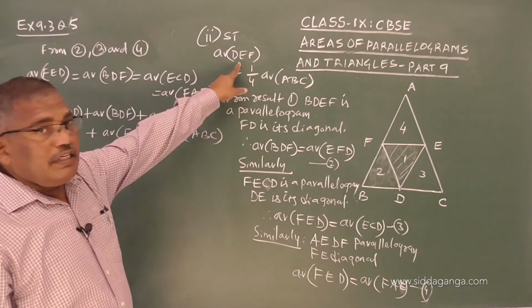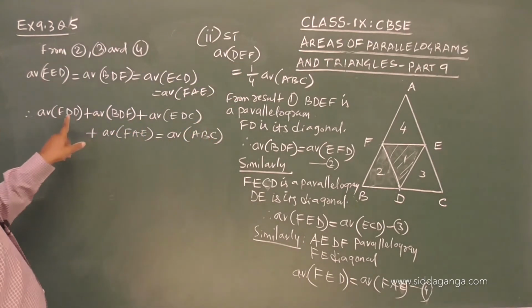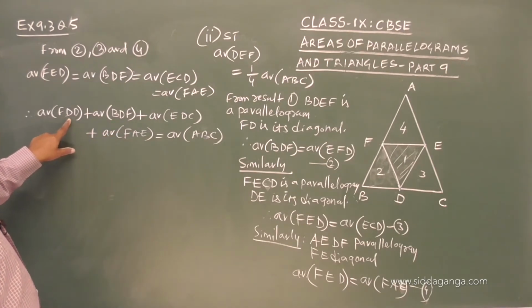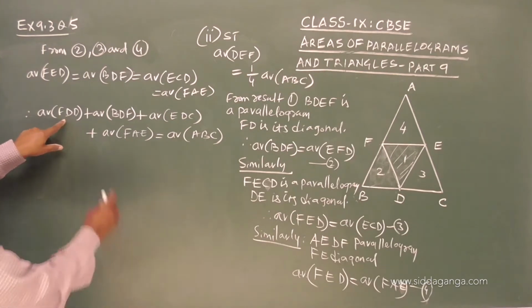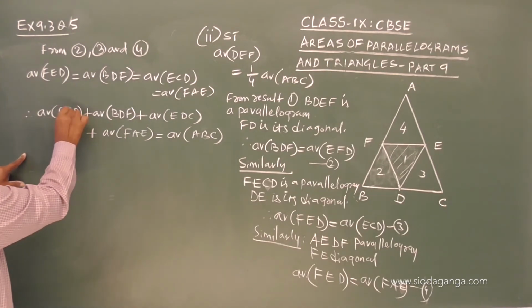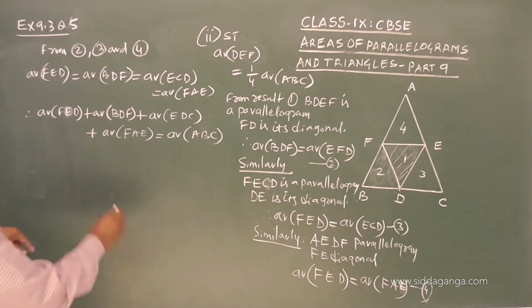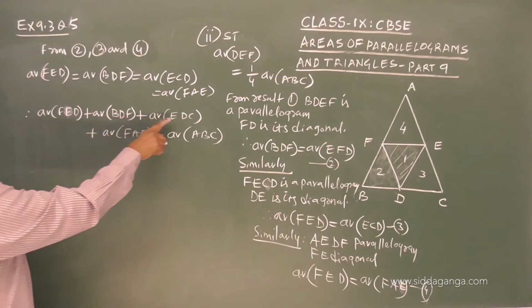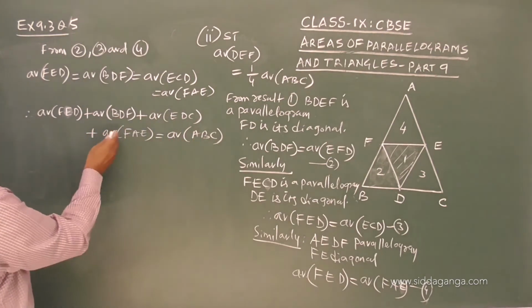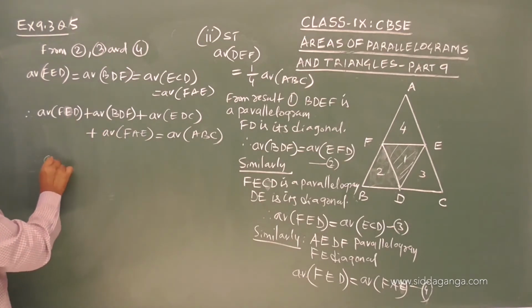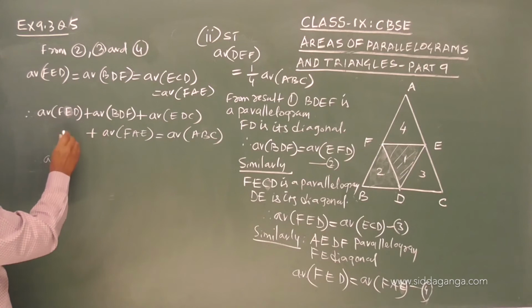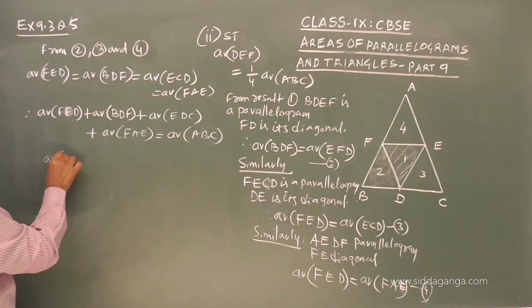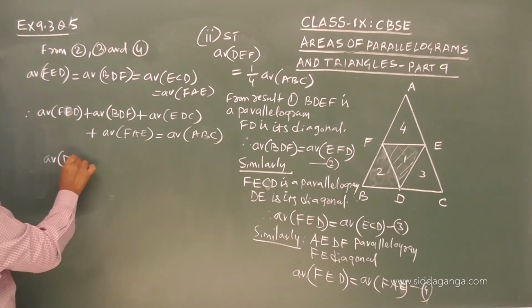So we want in terms of DEF. Here we have FED. This is FED or DEF. All these areas we can also put DEF only on the left hand side. Therefore, area, instead of FED I will write DEF, because it is given DEF here, it is same as FED is same as DEF.